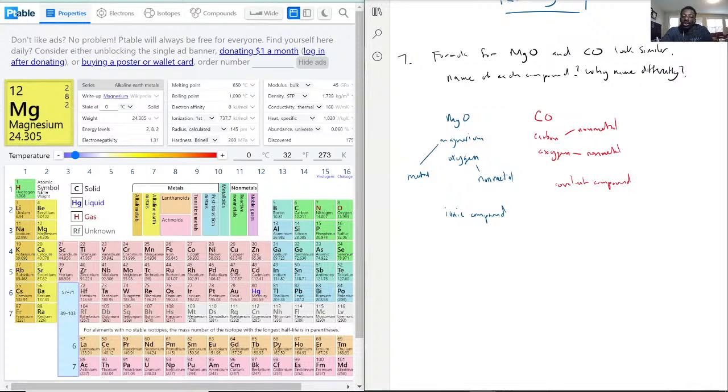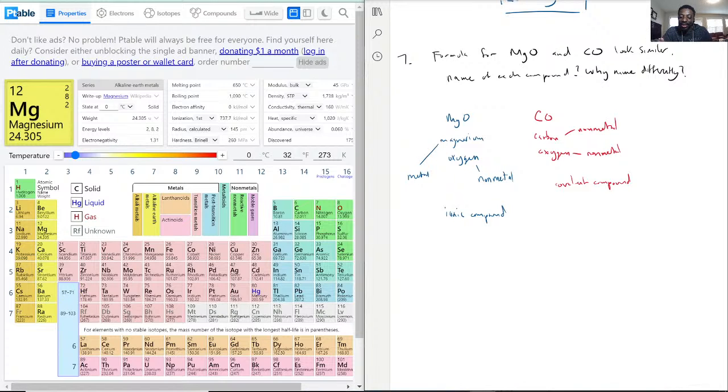Okay, so the thing is, why did we name them differently? Because we have different naming rules for ionic and covalent compounds. And that is literally the basis of it. It's just different naming rules for ionic and covalent compounds. Now let's delve into what we would actually name it. So magnesium,